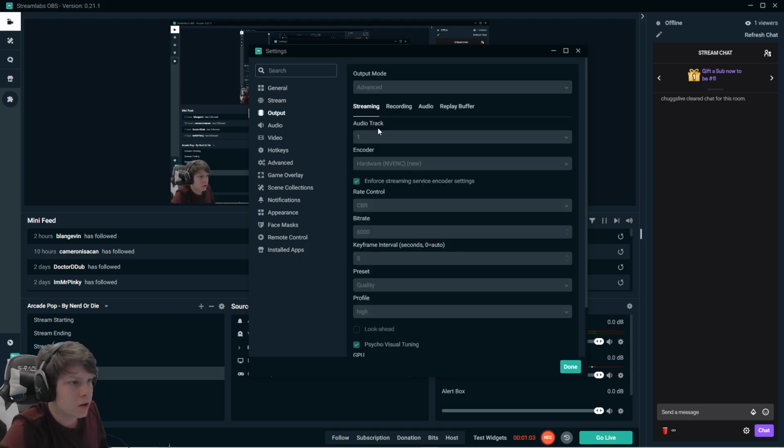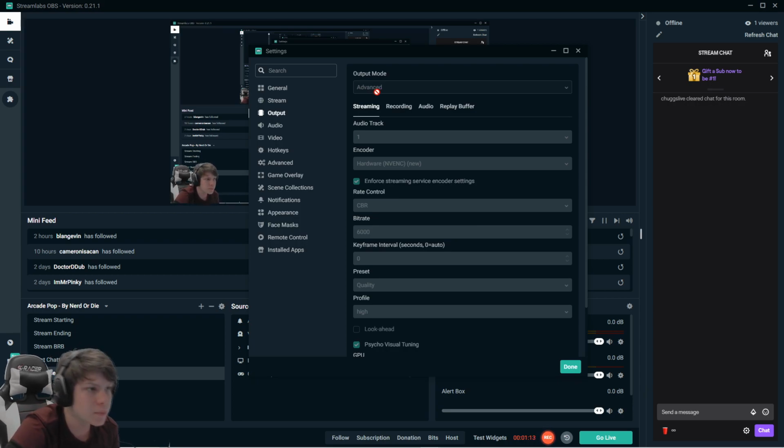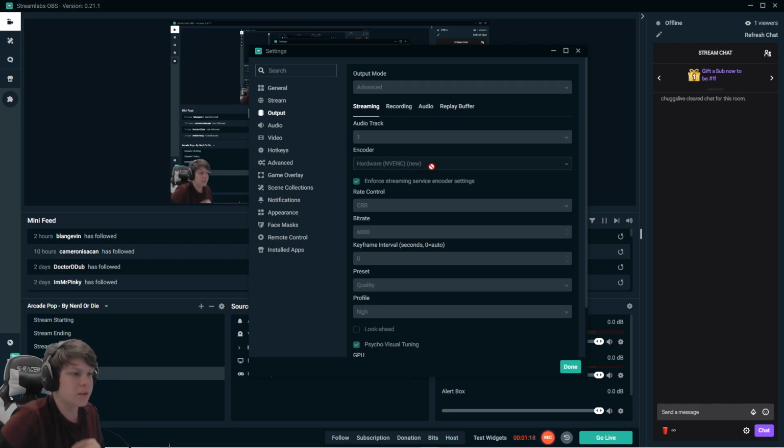For output, since I'm recording I can't really change anything. For output, you want it to be advanced so you can actually change everything specifically. Audio track, this doesn't really matter. Okay, this is the important part. Not many people know this, but if you're using a single PC stream setup like I'm doing, you're gonna want